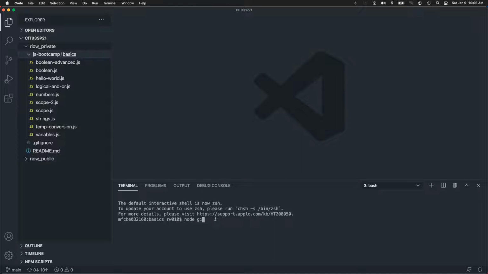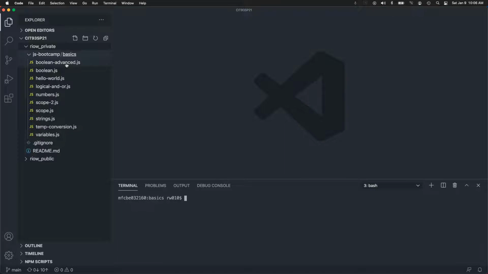Let me just clear the terminal real quick so we're not seeing this other. So after each video, and often with each new file, at the end you can just do git add, and you could do the specific file name, but I just do star. Now I don't have anything in this case because I've already done the git add, the git commit -m, and